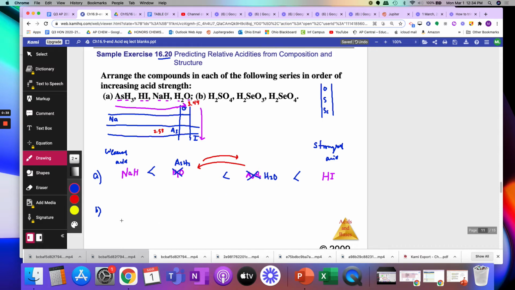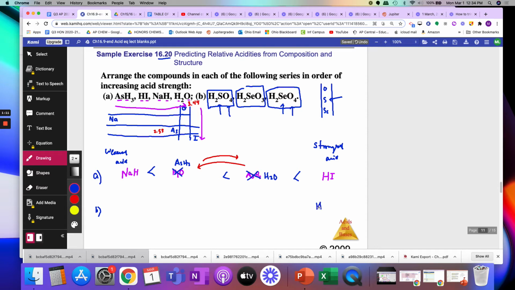Okay, let's try letter B. So B, they look like they're oxyacids. So then, if they are oxyacids, you pick the one with the most oxygens. So this one has 4 oxygens, and this has 4 as well. But the central atom's different, the S and the Se. I looked up their position on the periodic table. Since S is closer to the top, that means it's smaller, it is more electronegative, which means